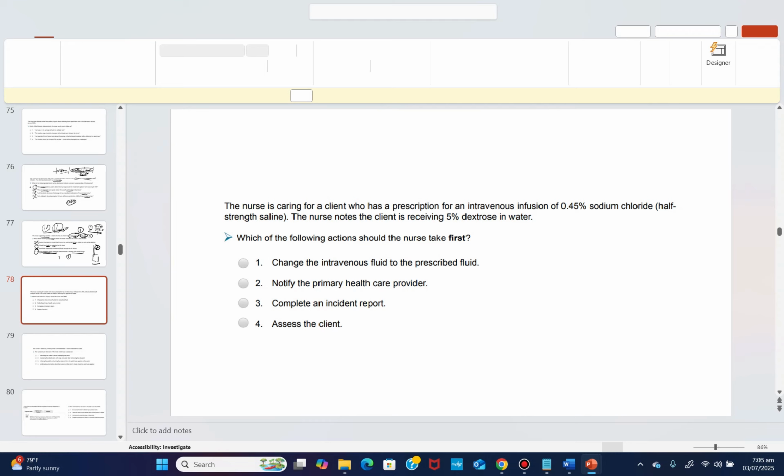I don't even care what the NCLEX has right here. I just know that when a wrong treatment is given, the first thing is to confirm that the patient is stable. You can deal with any other thing later, but for that patient who is now receiving the wrong treatment, the thing you want to do is find out: is that patient stable? Right. So that's the main reason why the answer is 4.